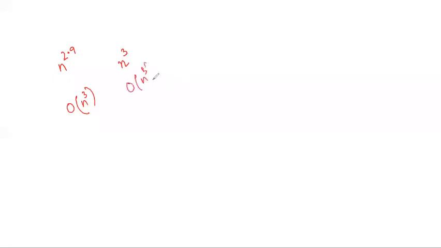Suppose I have another one like this. What will I write? n to the power 3, ma'am. Now you need to understand, when I have two separate iterations, these are considered as two separate sets of operations. Among these two, which is the highest one? n to the power of 1 or n to the power of 3? Obviously n to the power of 3. Whichever is the highest, that by default becomes the order of that thing.